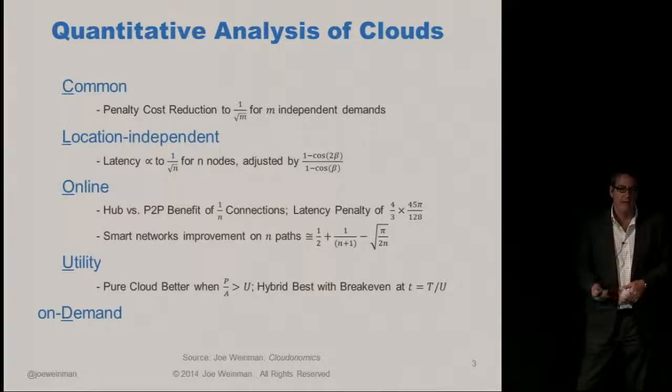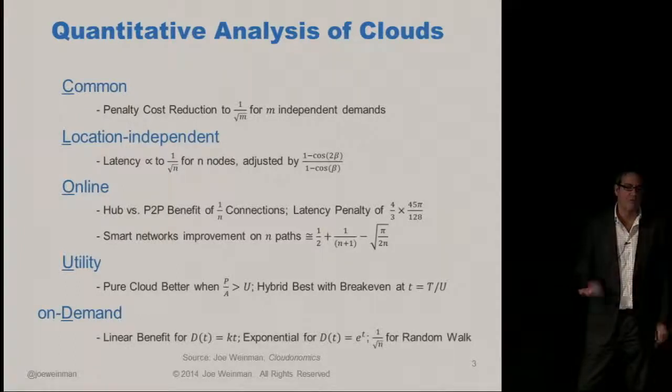So that on-demand notion, then, though the benefit depends on the nature of the demand curve. If the demand is completely flat, then immediate instantaneous provisioning has no benefit. At the other extreme, if the demand grows to be exponential, then it turns out that any fixed provisioning interval, no matter how short, leads you to an exponential difference between the degree of the resource requirements and the resources that have been provisioned. And so that's sort of a worst case scenario.